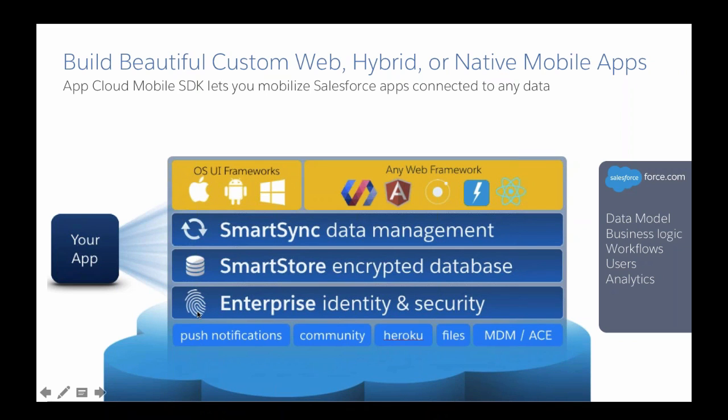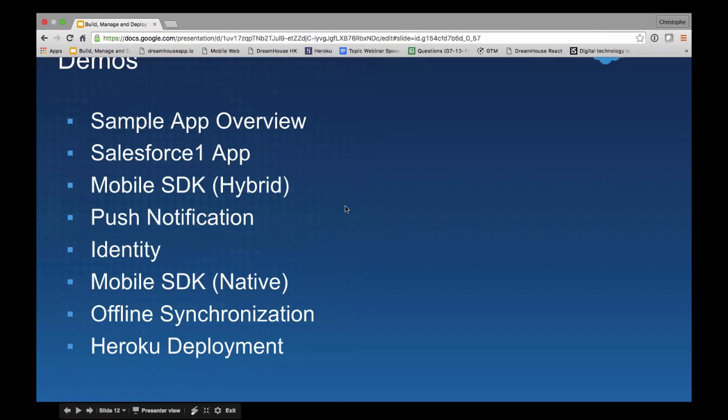Thank you, Eugene. So here's what we're going to talk about. Basically what I will do, I'll try to illustrate all the points that Eugene just made with some demos that hopefully will present these use cases. So we'll start with Salesforce One for employee-facing applications. Then we will look at the Mobile SDK for customer-facing applications, and I'll look at different implementations or different ways to use the Mobile SDK, either with hybrid